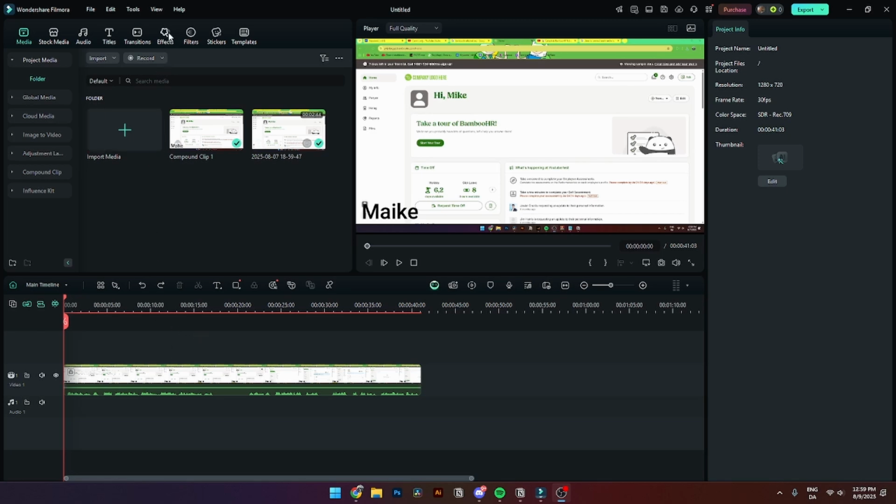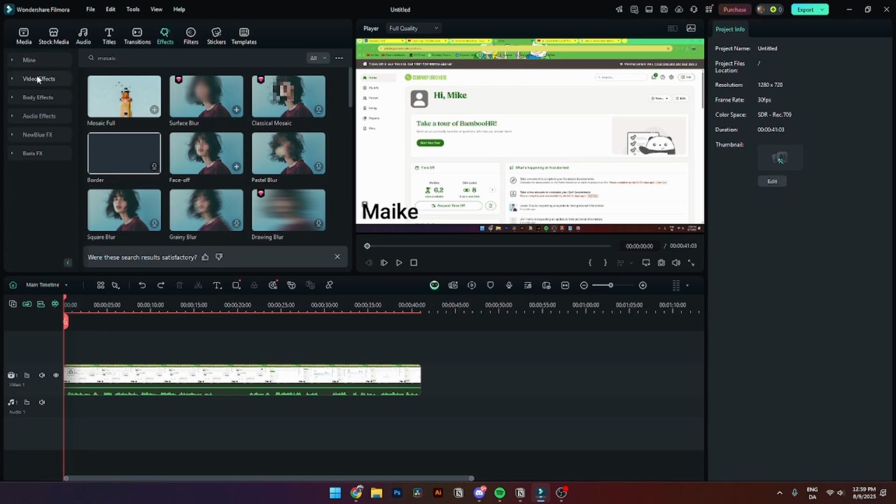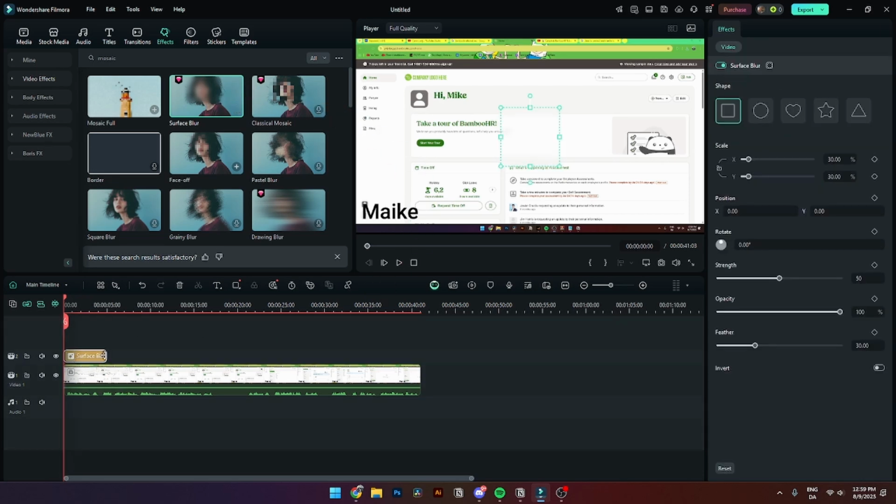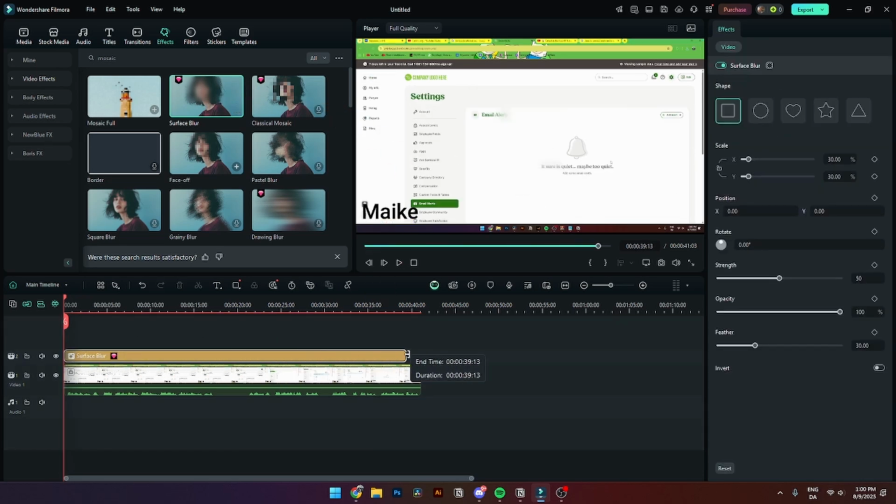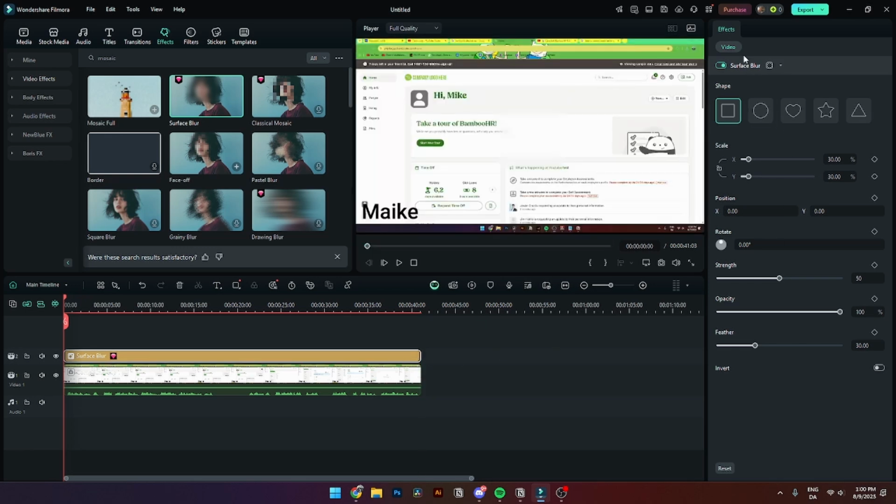Then from here, you need to go over to the Effects tab in the menu and go down to Video Effects and go up to the search bar and click Mosaic like so. From here, you'll see all of these different effects that you can add onto your timeline. But you need to click Surface Blur, just add it onto your timeline like so. Then from here, you need to make this your entire length of the clip and go up to the Effects